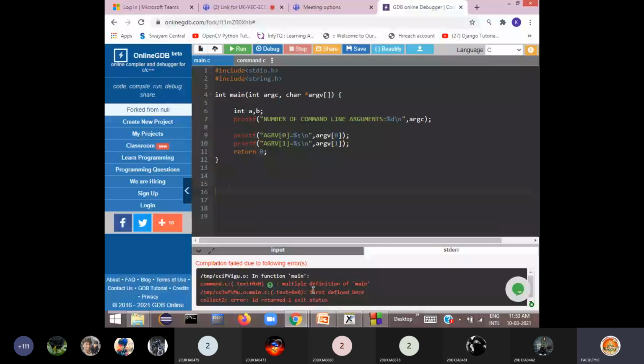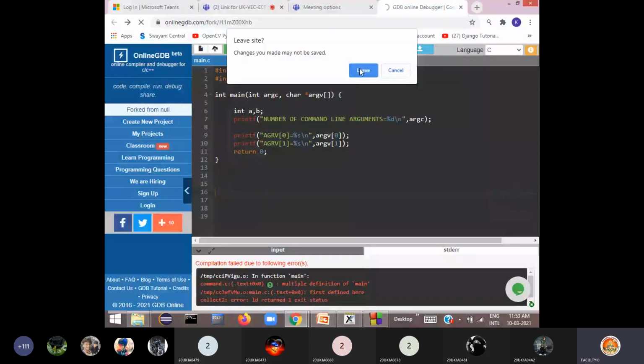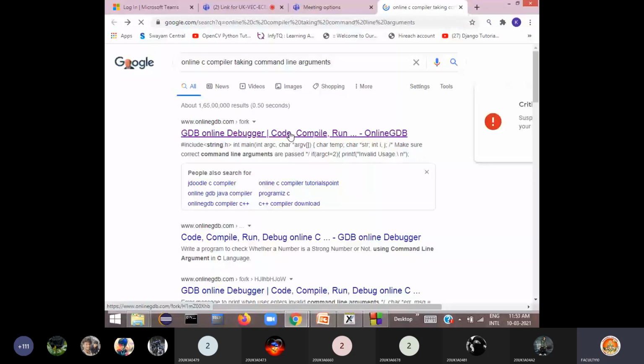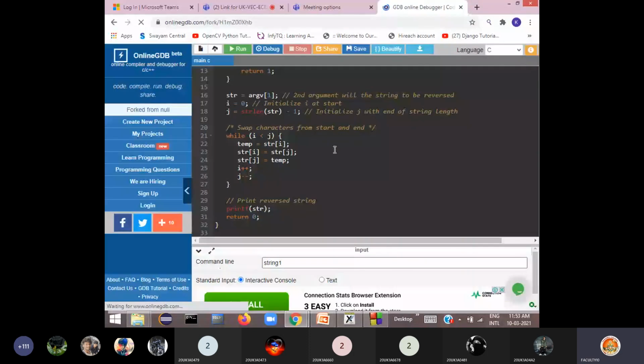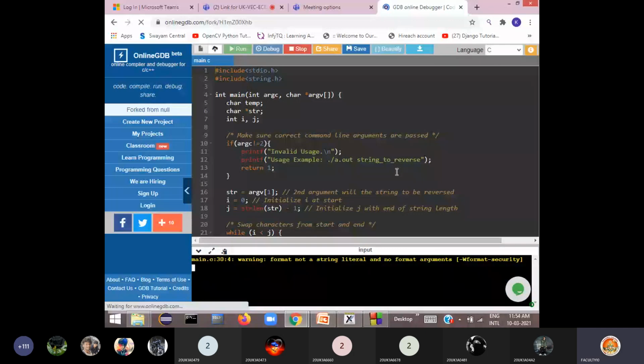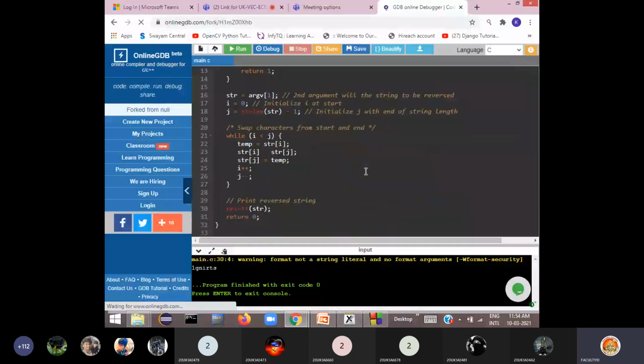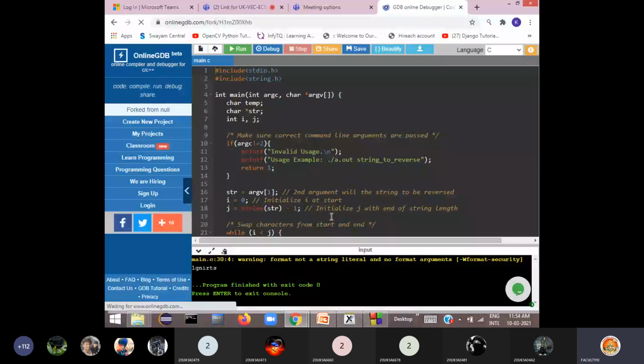What I do is go back and check his program. Yes, interactive console. If I run this program, string, string one. So in the command line he has already passed the arguments. Okay, done. Got it now.